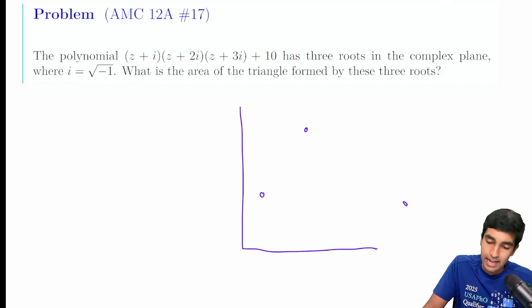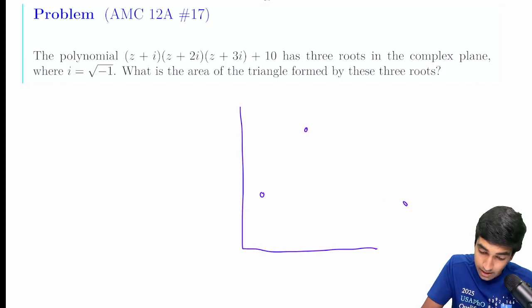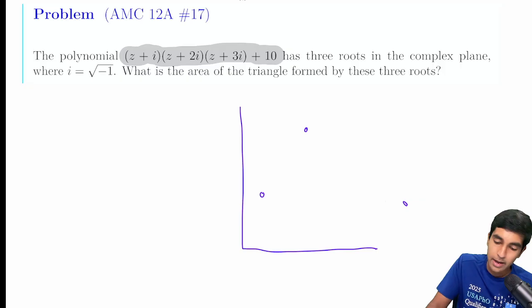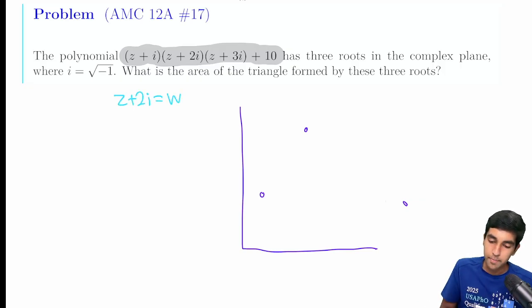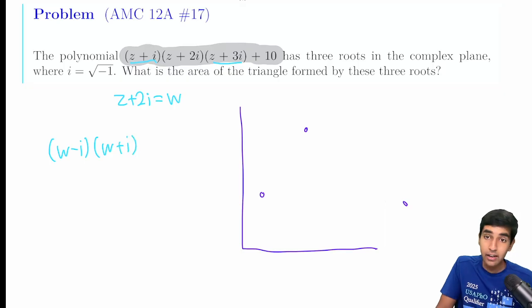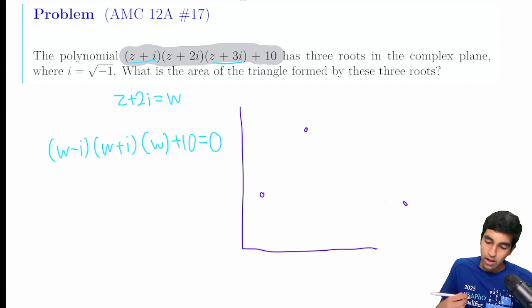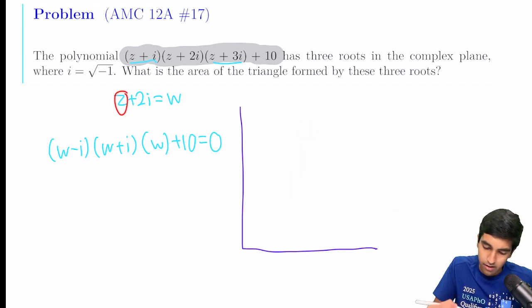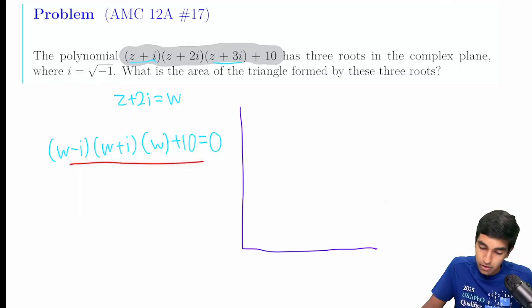And one really key indicator that we're trying to solve for the roots directly instead of the area is we have this really nice symmetry going on here, right? Let's say z plus 2i is w. Now we can get w minus i, w plus i, and w itself. That's z plus 2i, plus 10 equals 0. And the really nice part here is we don't actually care about what z is. If you can find the 3 roots of w,